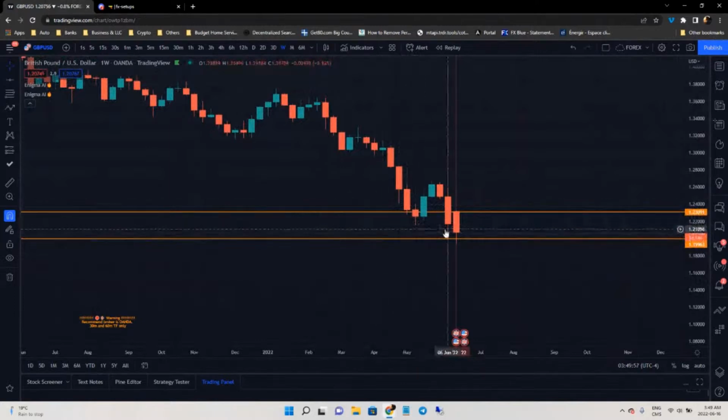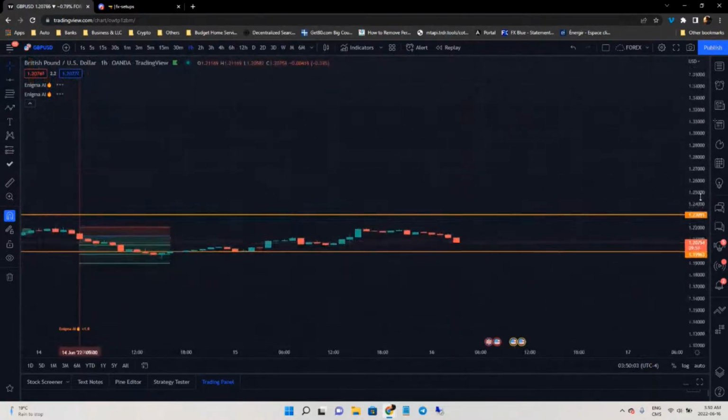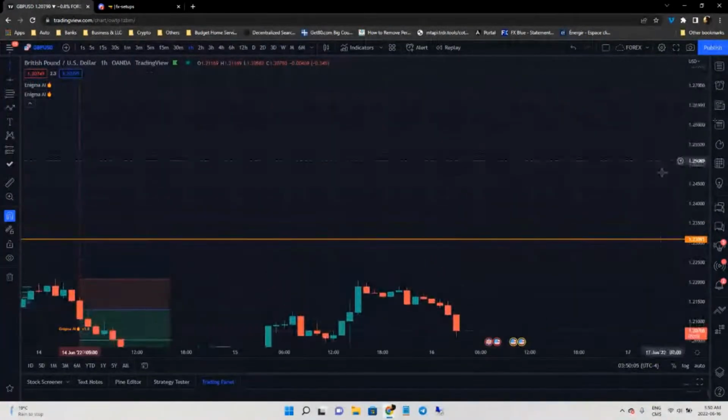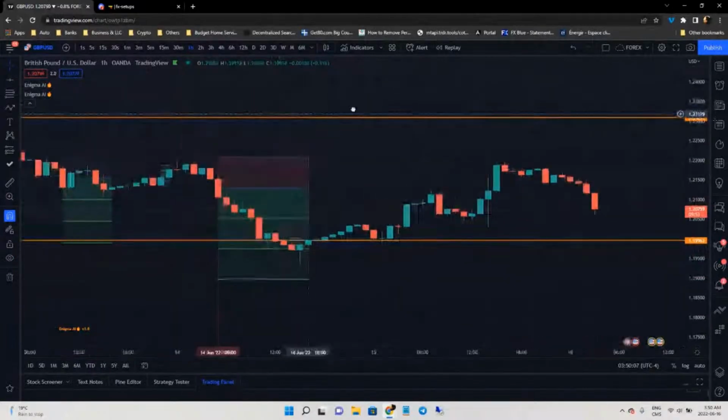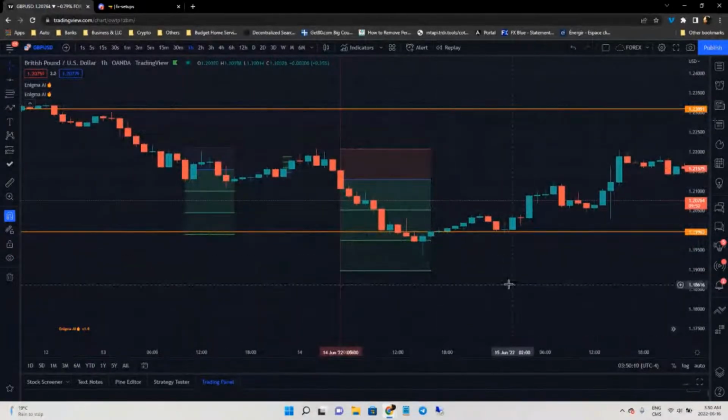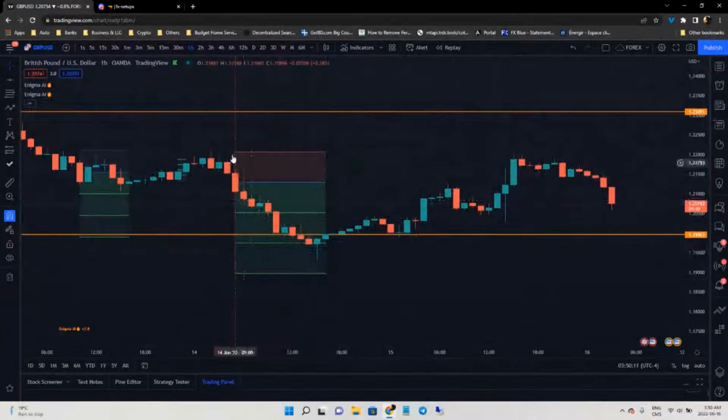So this one went way down. And if we go back on the H1, as you can see, that would be my take profit. Okay, so it gave you a take profit at that price, and it went back to that price